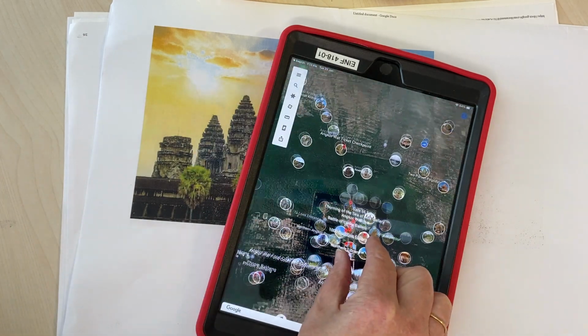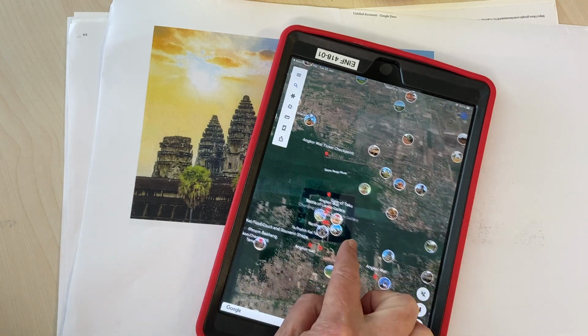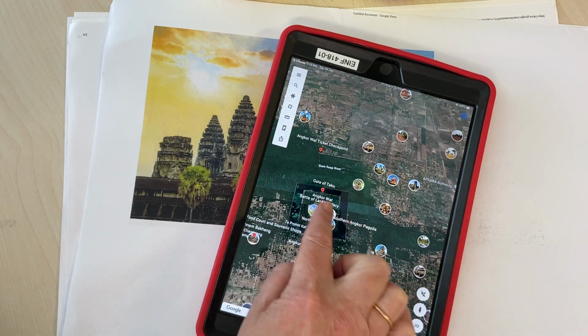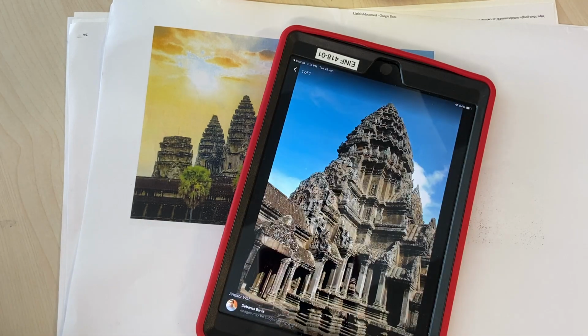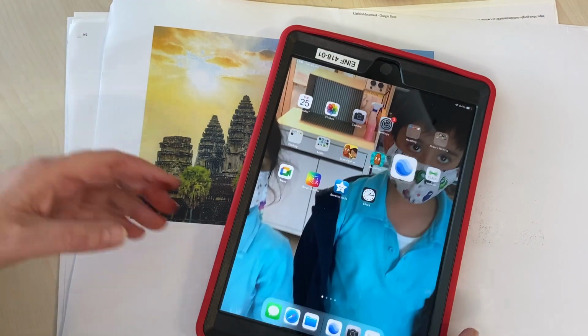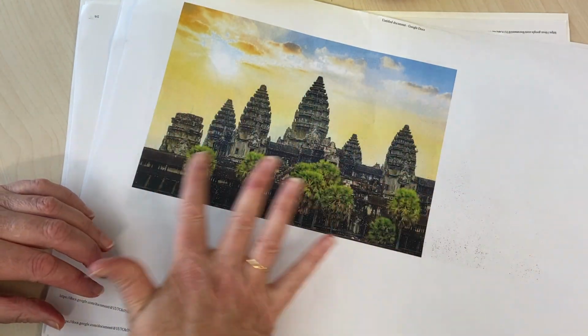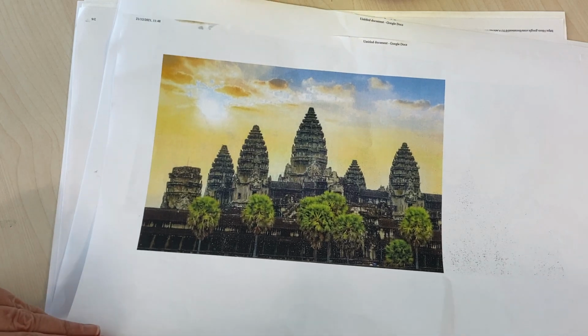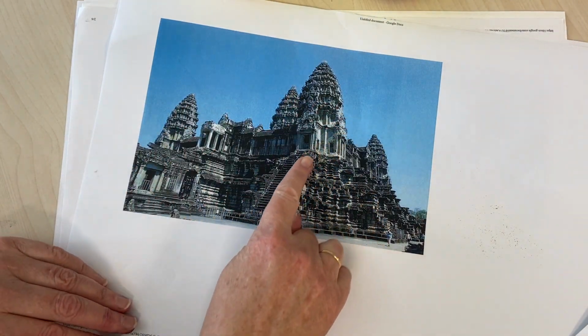We have also zoomed out and looked at all the photo opportunities around the outside of the kingdom. Angkor Wat is quite an amazing place. So we have had a look on Google Earth and really explored. Then we have also looked at some of the photos that we have printed out, looking at these incredible ancient